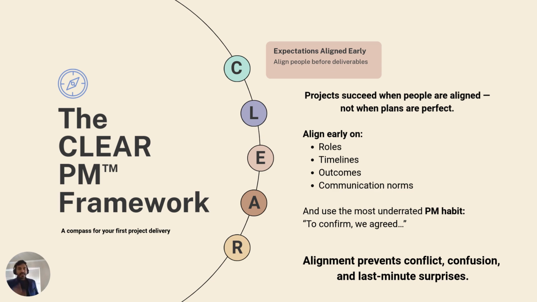And when I created a chart of all my stakeholders, what my deliverables are, and what they are going to present, I felt like people were not aligned. They didn't know exactly what the key things they were going to deliver in this project. So my first task was to set the expectations for everyone. You should align early on your project: who are the roles, who is going to do what, what is the timeline, the outcomes, and what is the communication way that we should talk and discuss.